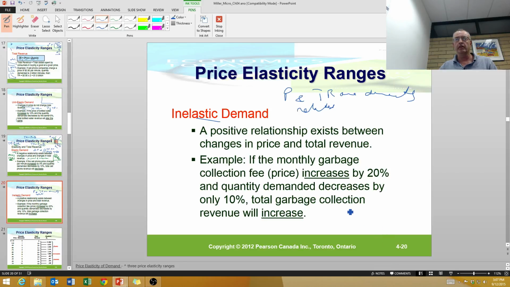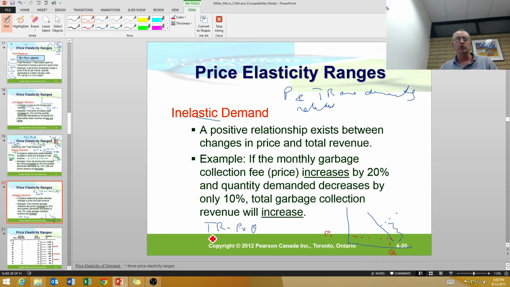So let's just draw a little diagram here. Here's our demand curve. The inelastic section of the demand curve is the bottom half. And remember, total revenue equals price times Q. It's the size of the box underneath the curve. So if P1 is here and Q1 is here, originally we have P1 times Q1. That's the size of our box. And if the price goes up to P2,